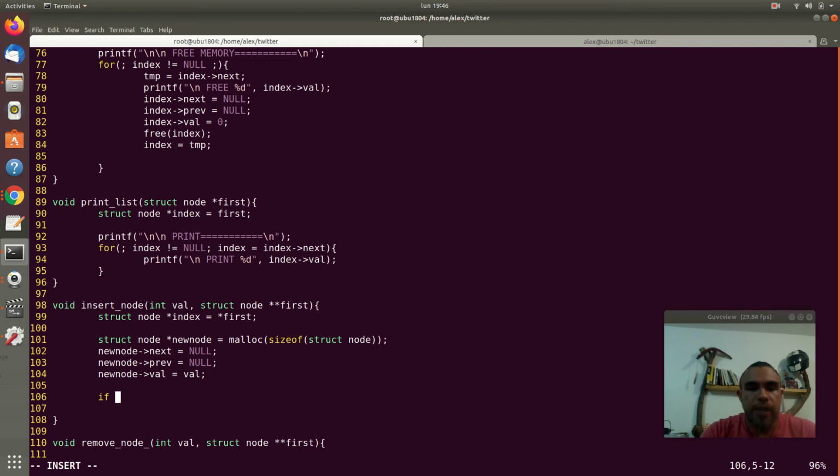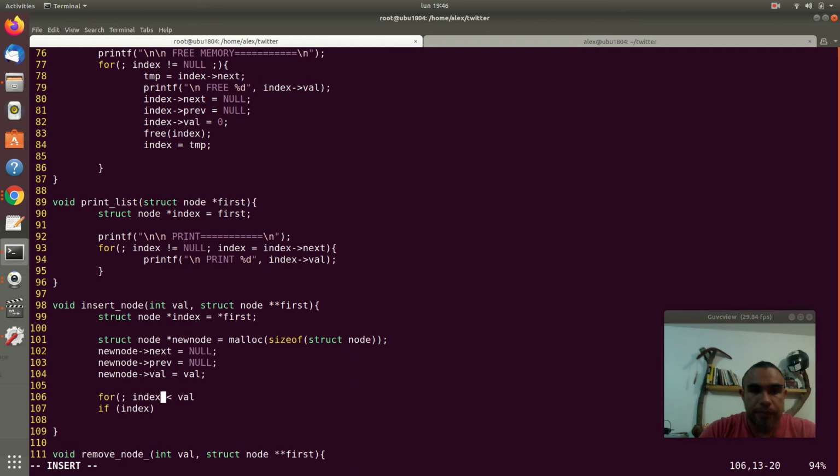So the first scenario is going to be if index, well, actually I need to position the index somewhere. Index is less than val, index val,